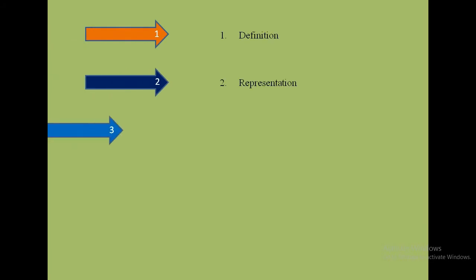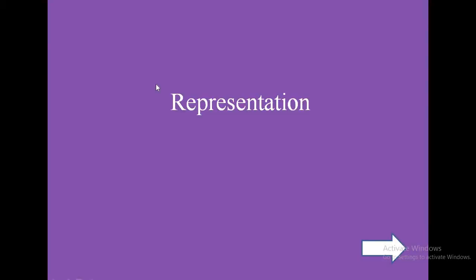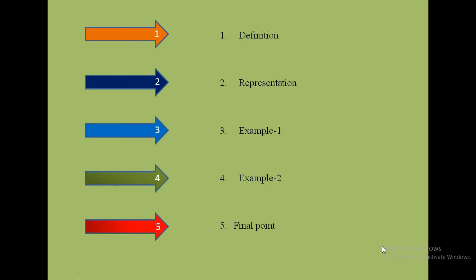If I press these buttons, it will come. Everyone knows about this one. But today, what I want to show: this is the dashboard slide. If my audience asks me to go to the representation slide, then if I press 2 here, it will automatically go to the representation slide. And after explaining this slide, if I want to go back to the dashboard slide, if I press this arrow, it will come to the dashboard slide.